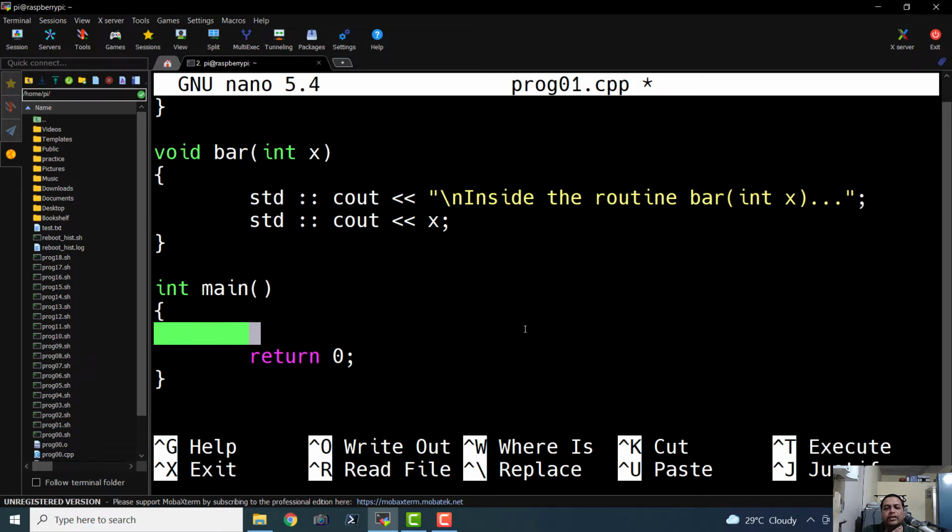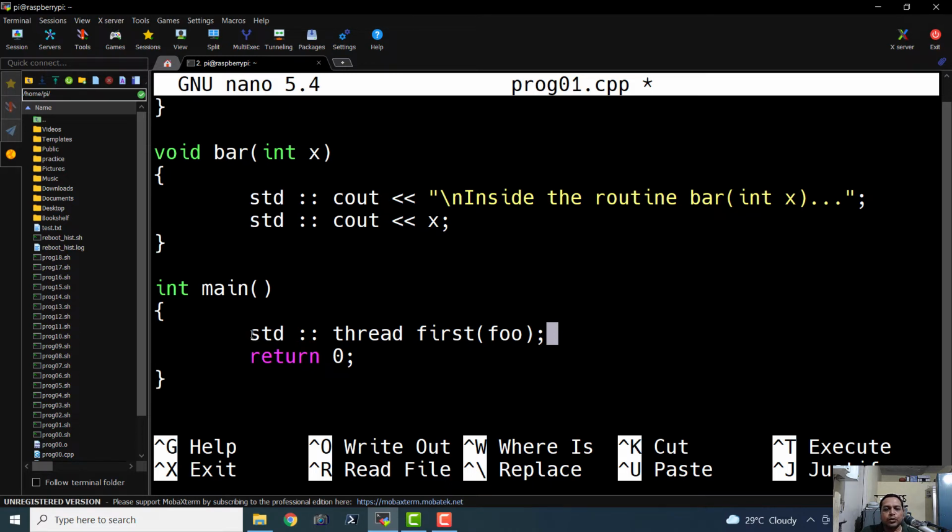Now let us create a thread that is going to accept that function foo as the input. So std::thread first. So this is the name of the thread, first, and it is going to accept foo as an argument. So basically when launched, this thread first is going to run the instructions that we have mentioned in the body of function foo.